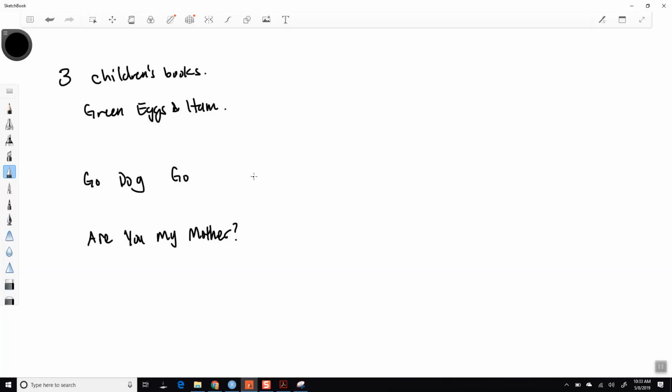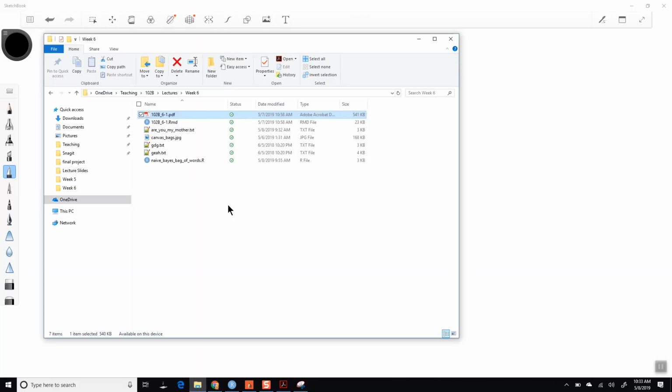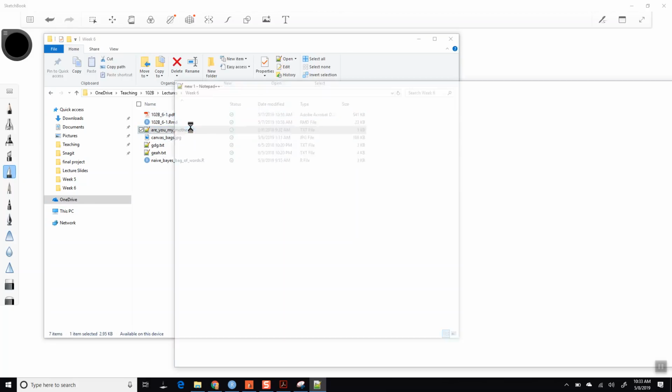But basically, we're going to take the sentences of these books, create some kind of document corpus that will inform us about the frequency of the words, and we will use that to estimate the likelihoods of some sort of test document here. Okay, so for example, if I open up Are You My Mother,